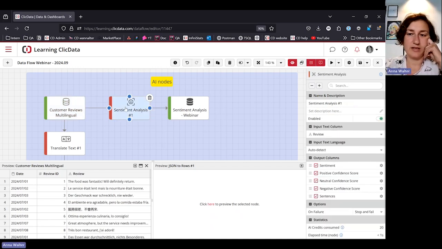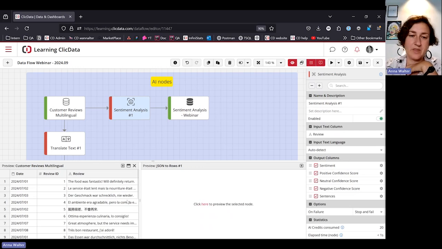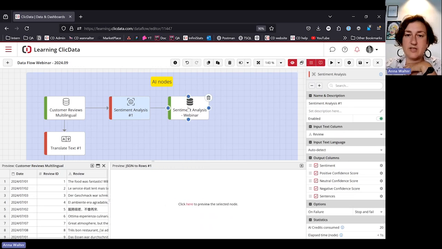So the sentiment analysis node is very simple to use. I just define which column is actually containing my text to analyze. In this case, there is just one text column, so it's the review one. So that's it. And then I say that the text language should be auto-detected. And then I define which output columns I want. And the result of this